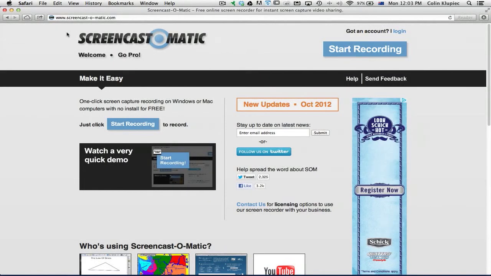One of the great things about Screencast-O-Matic is that you can actually record straight from their website. In other words, you don't need to download any software to your computer at all. It's completely free. So if you go to screencast-o-matic.com and then click on this button here, you can just start